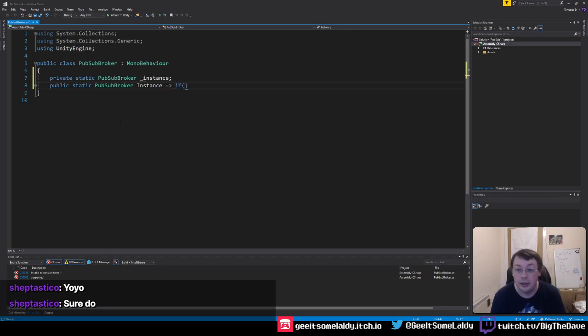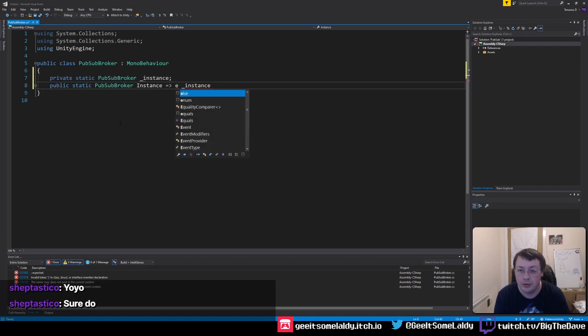It is technically going to be the singleton pattern again, but a little bit less strict than last week's singleton pattern. We don't want an if there, we want Instance equals